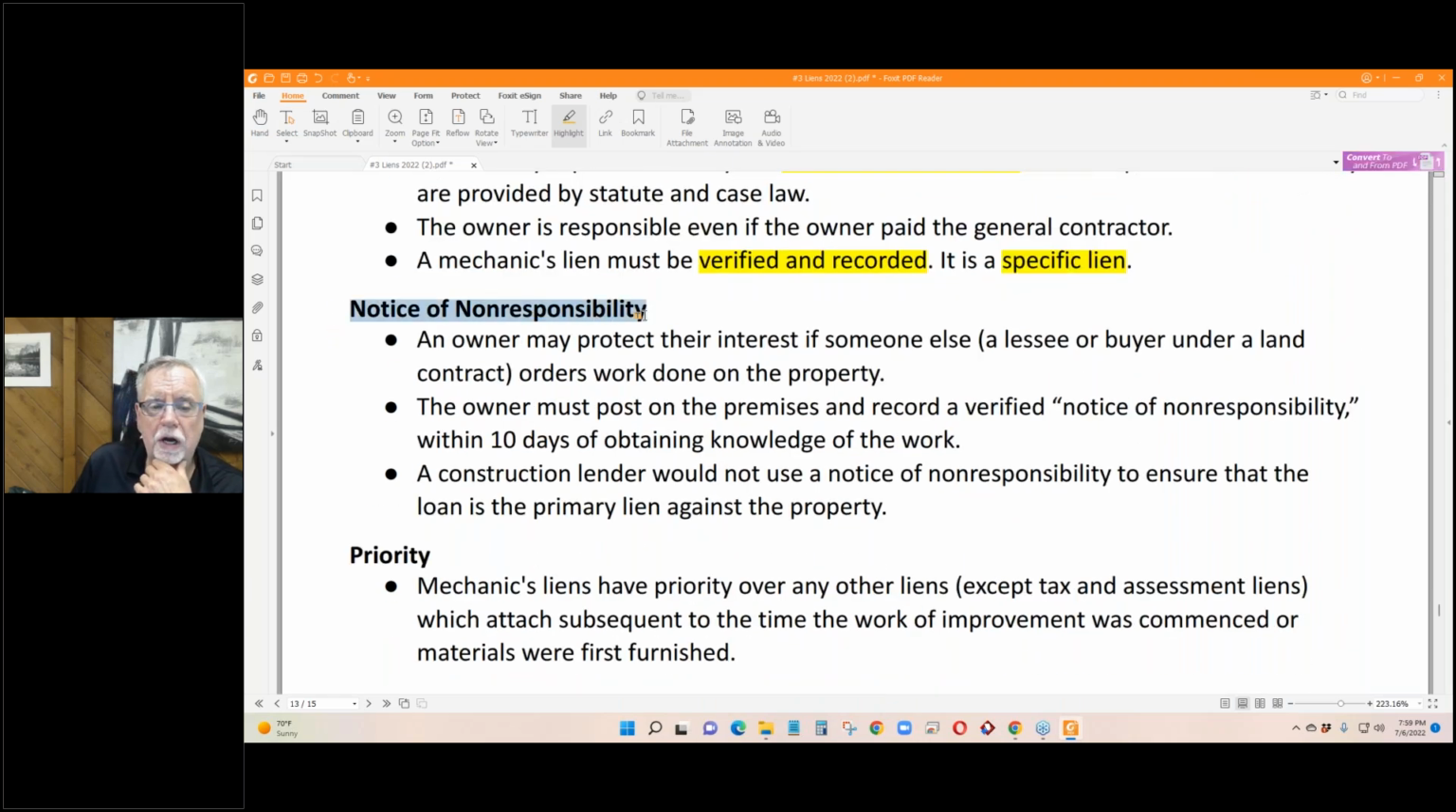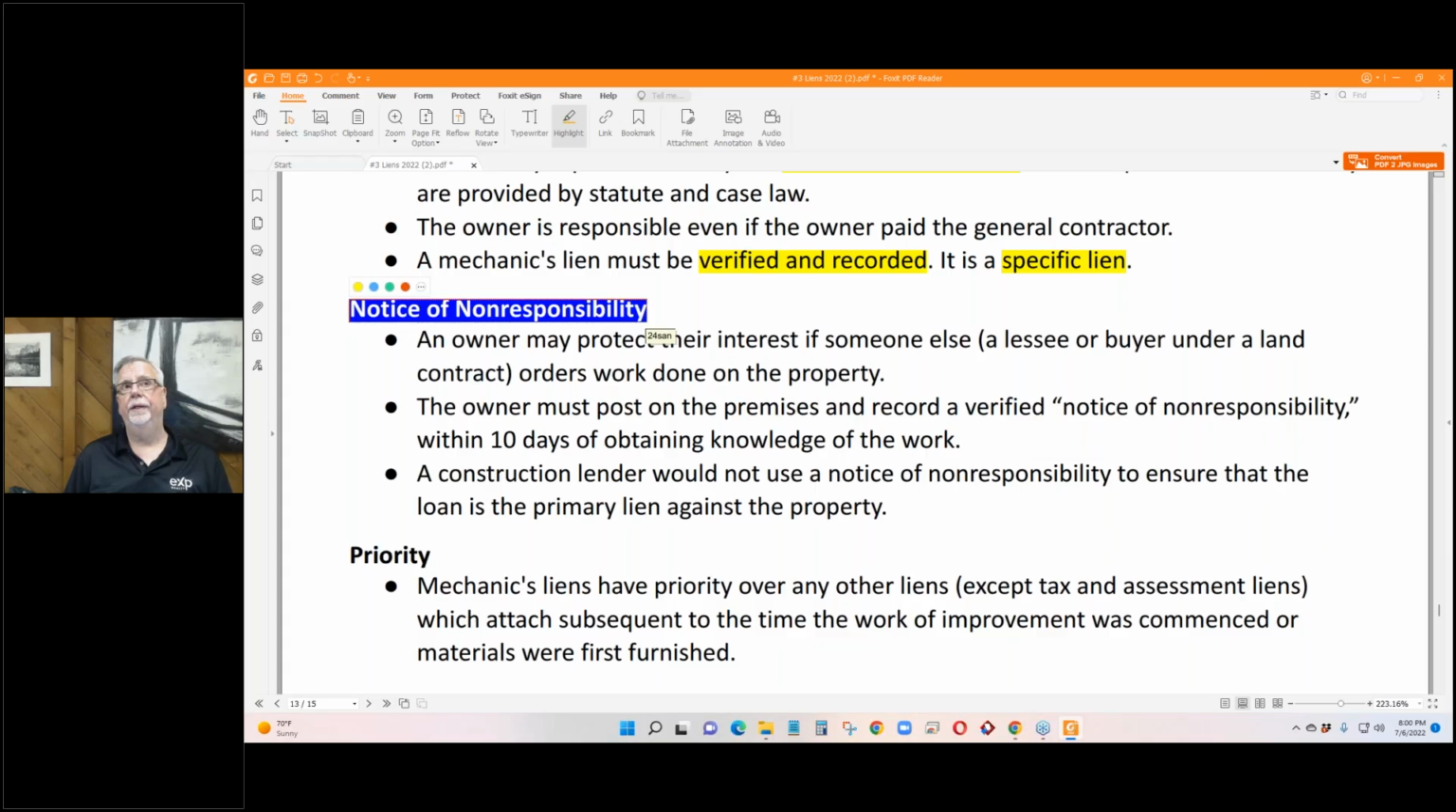The notice of non-responsibility. If you've ever been in a downtown area and you see work going on in the building and you see these little pieces of paper taped on the outside of the building, and you're bored, right? And so you go over to read what the little pieces of paper say. A lot of times they're notices of non-responsibility. And what's going on here is a